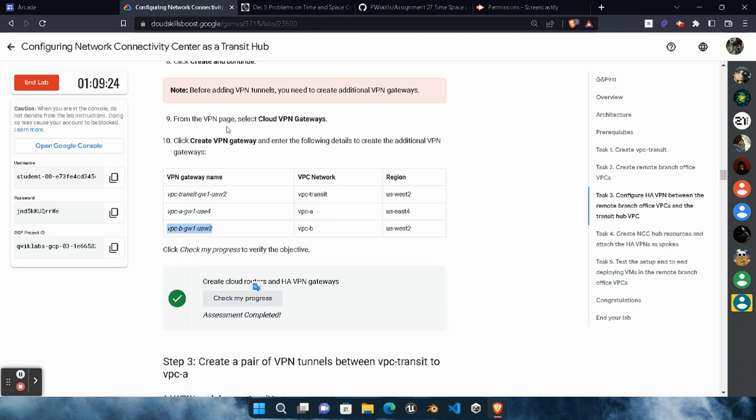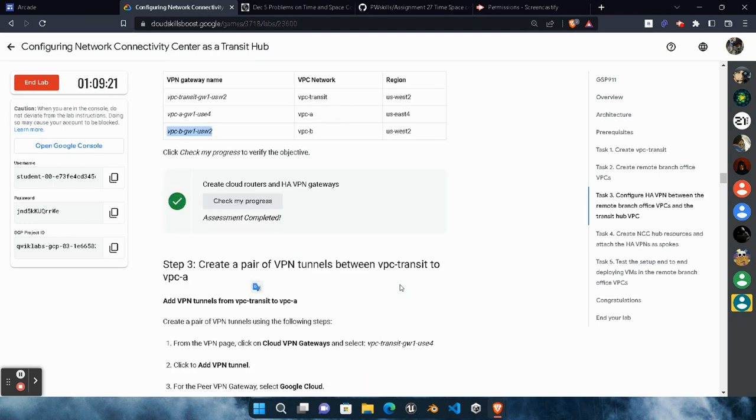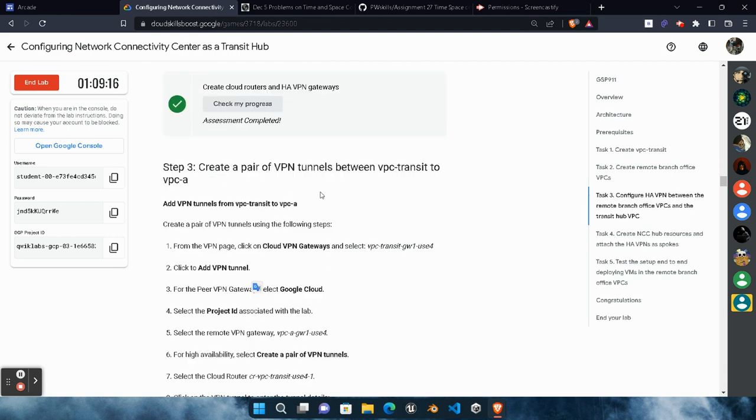आपको फिर से बता देता हूँ, हमने यहाँ पर इस टास्क में 4 VPN gateways बनाए हैं और उनको बनाने के बाद हमने check my progress complete कर लिया. Okay. Now in the third step, what we need to do? Let's see. We need to click on cloud VPN gateways and there we need to click on VPC Transit GW1